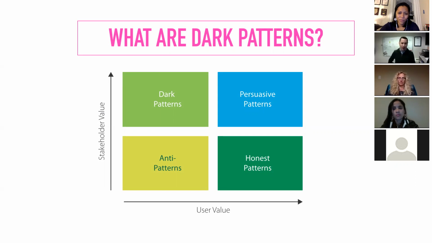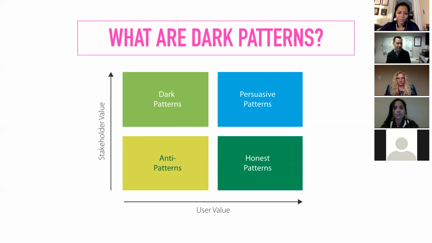And when he talked about dark patterns, he was using an idea that came from Harry Brignall, who I'll introduce in a second. But the idea was relatively simple. Dark patterns are places where stakeholder value is increased and user value is decreased. It's not that we have to always strive for an exact equality there, but it's where things get out of balance that things become concerning very quickly. And so you can see with this semantic differential 4 different kinds of patterns that might come into play in the things that we design.